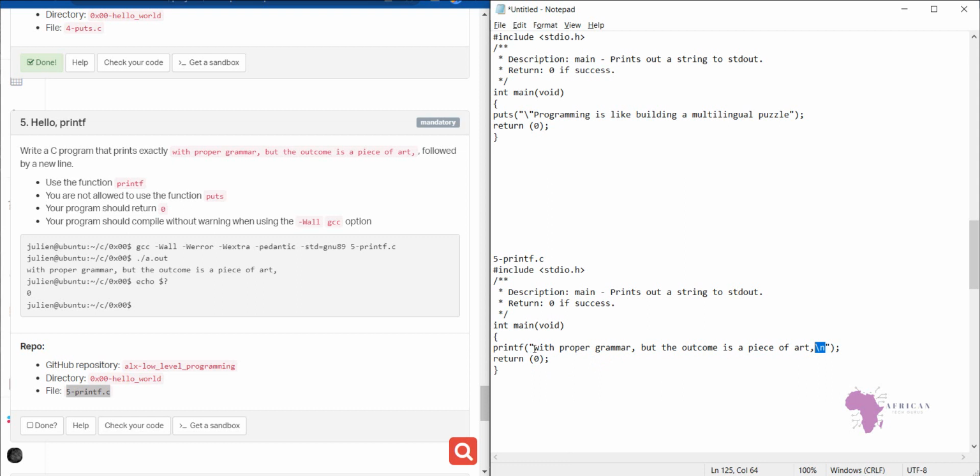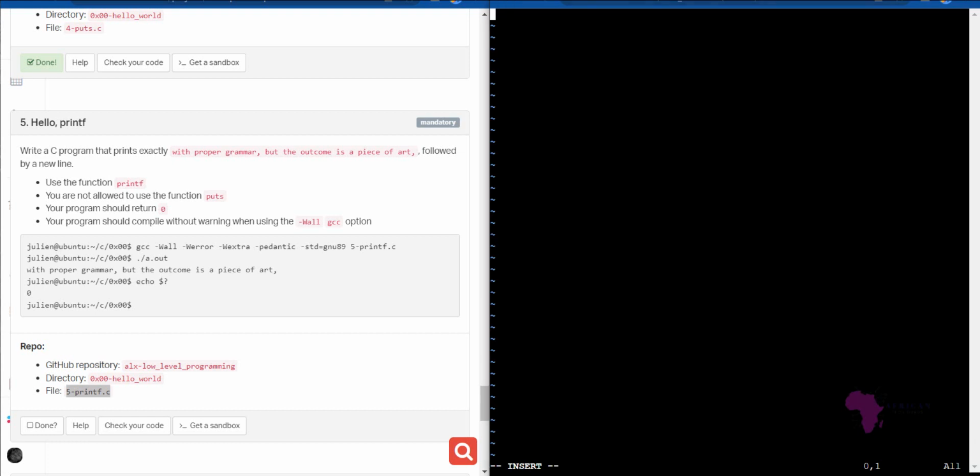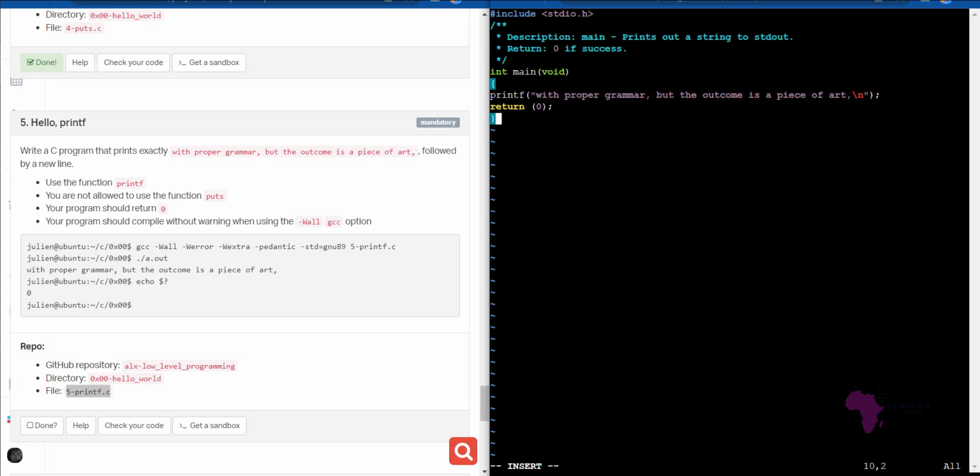So here we just put the literal, whatever it is that we want to type. I hope you got that one. So now let's copy our solution and see what is happening. If you have any questions, please leave them in the comments down below, and we'll definitely try as much as we can to look at it and provide the best way forward and the best solution. So that is our solution. Then we escape